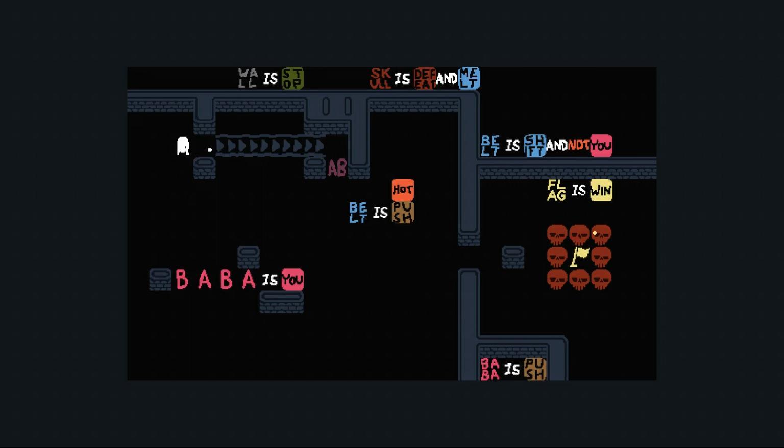Alright, so we got Baba, we got Ab. Baba, I assume, probably does not have abs. It seems to be some sort of weird marshmallow creature, so can't really imagine that comes up a whole lot. So the gag here is that I got to create a Baba to be you, and I also got to create a Baba to be hot, so that I can destroy those skulls over there. Kind of a theme with making things...